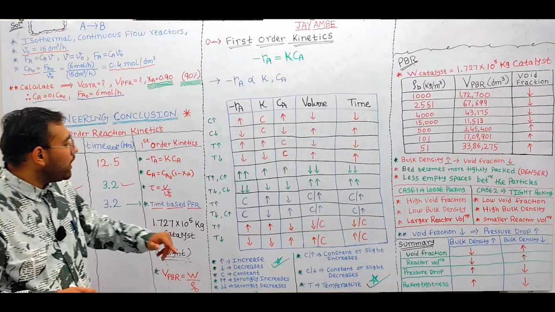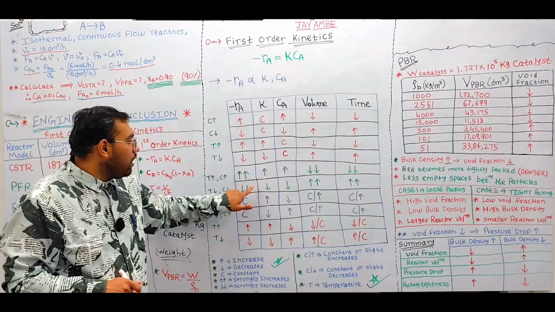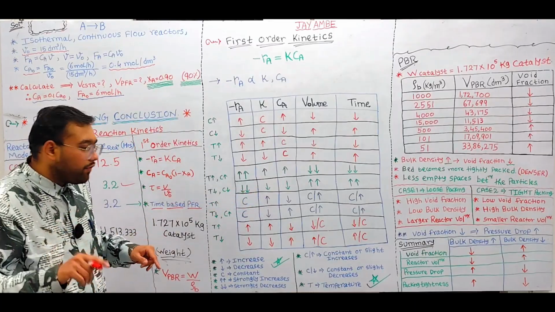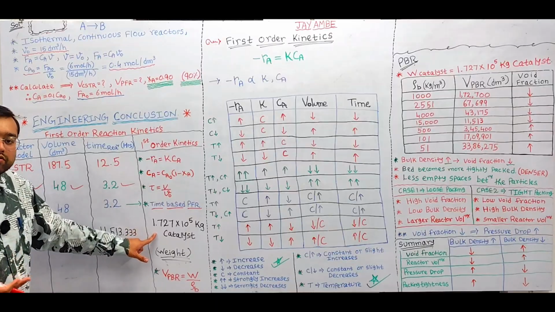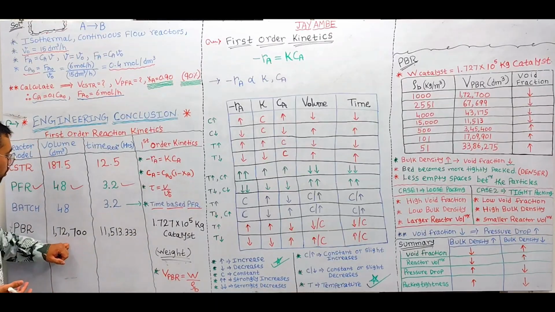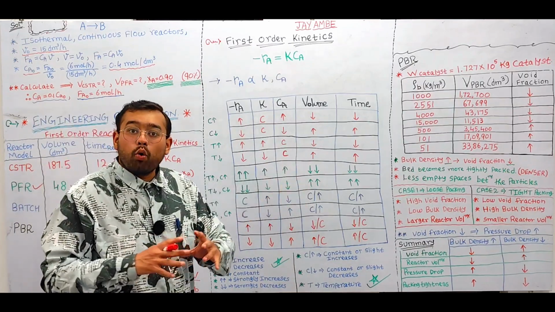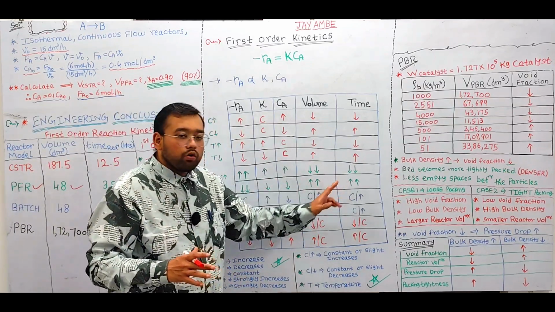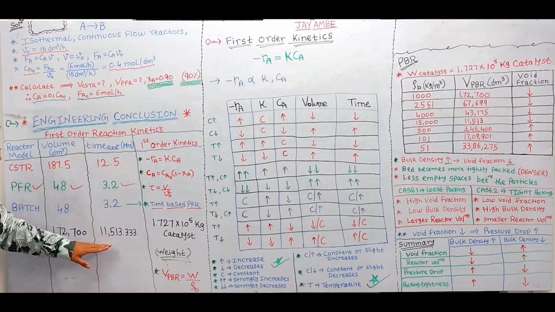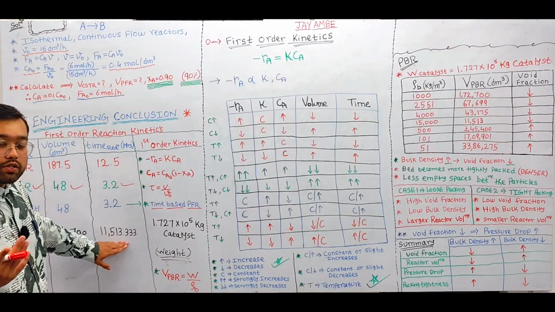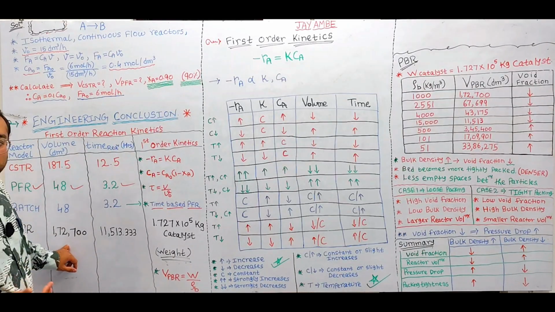So due to the decrease in the concentration and the decrease in the rate constant value, the reaction rate also decreases, due to which we require a very huge weight of the catalyst and a very huge volume of the reactor. See, the volume of the reactor strongly increased, the reaction time strongly increased. You can see we require a huge reaction time of 11,513.33 hours, and a very huge volume of 1,72,700 cubic decimeter,